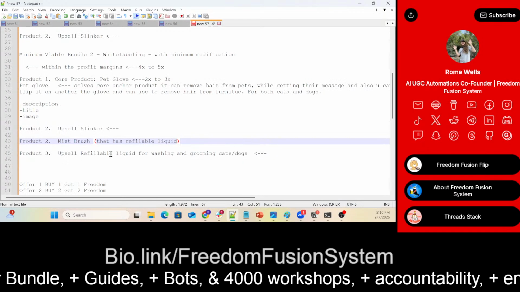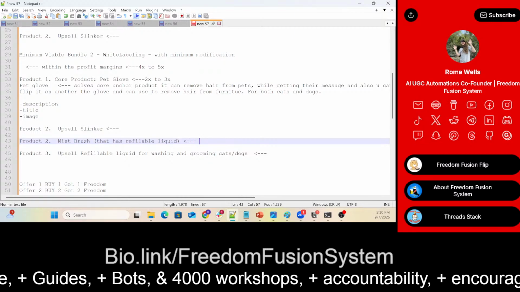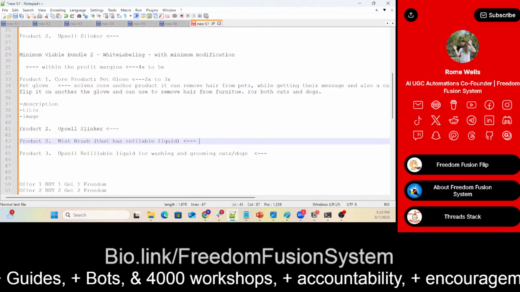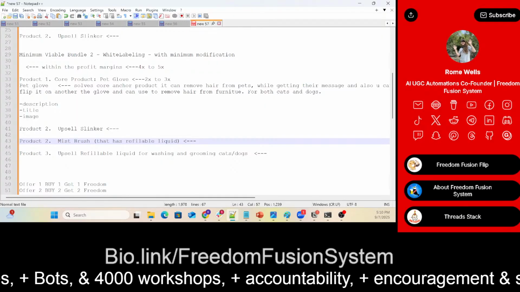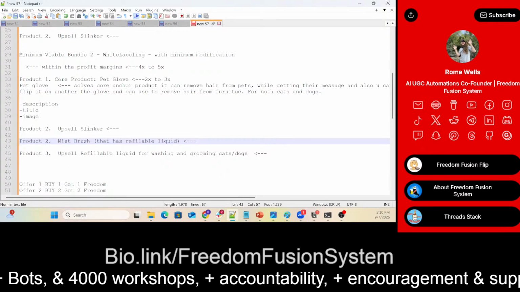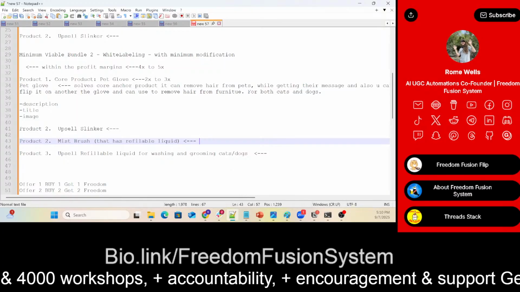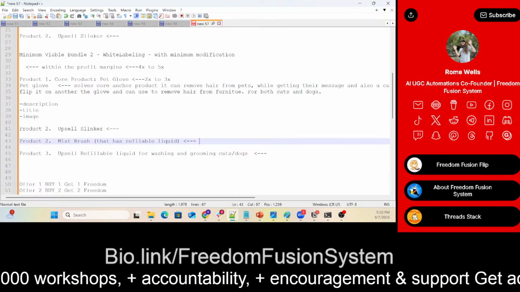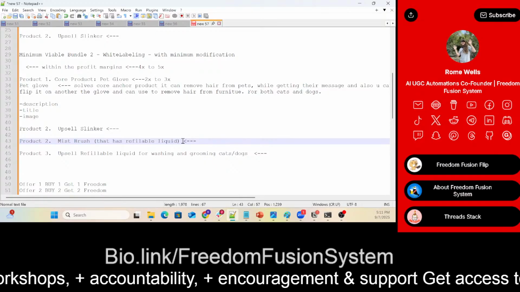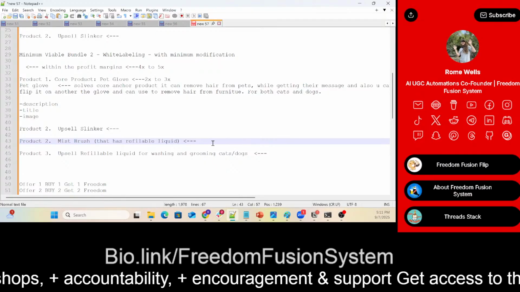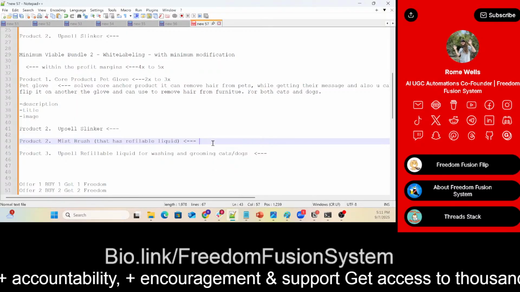Now keep something in mind: because you're carrying liquids, the defect ratio can go up, and you may get returns. So you gotta ask the question: is it worth it? And do the analysis to see if it's really worth adding the refillable liquid. But the idea is, if you include a mist brush, the perceived value goes right away high up. So instead of $24, you could be selling it in combination with that mist brush for like $37, the whole